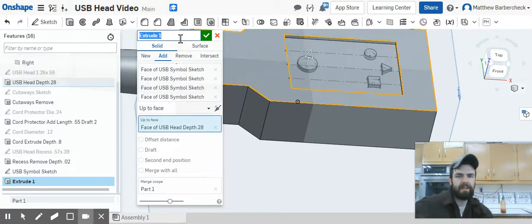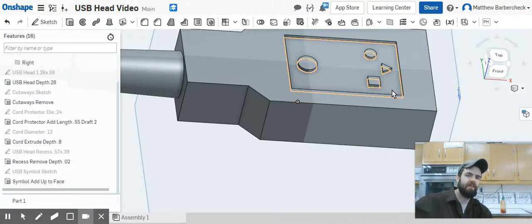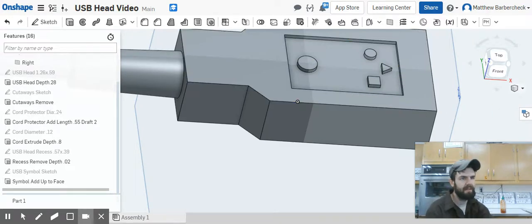And we'll just call that symbol add up to face. And you can see the symbol starting to take place. Now let's go ahead and do the